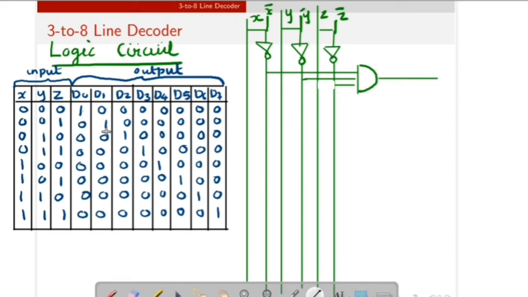Then for D1, X bar, Y bar, 1. So X bar, Y bar, Z. Okay, so darken the joints. So this one is D0, then here we have D1 output. This one is D1. Next we can similarly draw